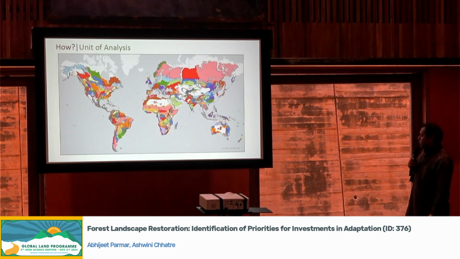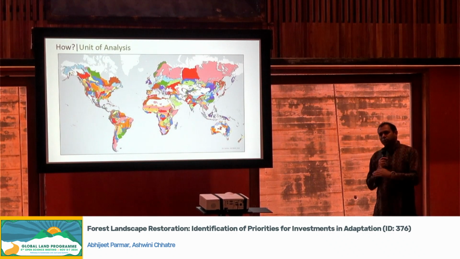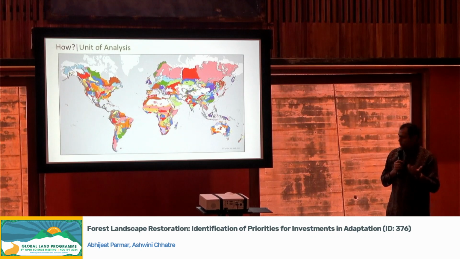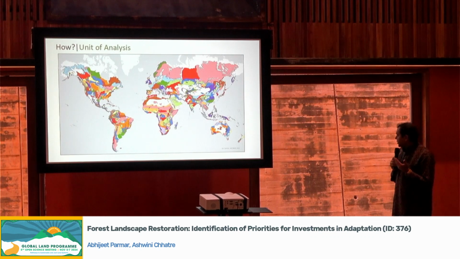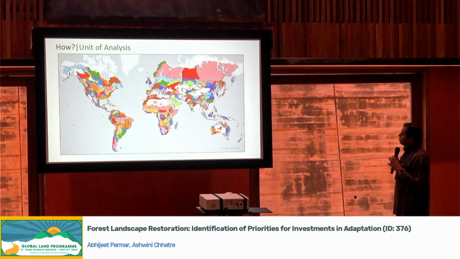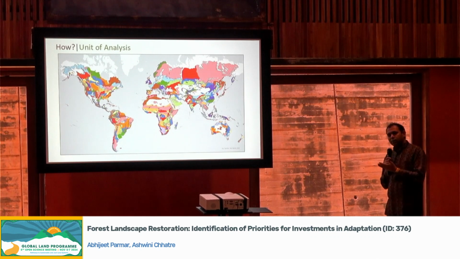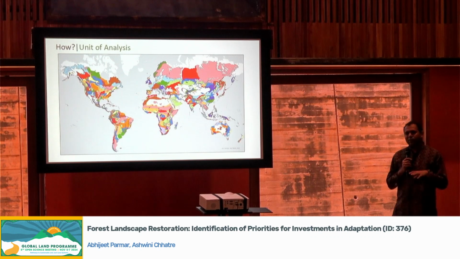The first thing we wanted to achieve was to bring the resolution down to a very high level. So we started the analysis with 30 meter resolution. The unit of analysis in our research is the terrestrial ecoregions of the world. Out of 876, we selected 741 ecoregions for which we have individually trained the models.